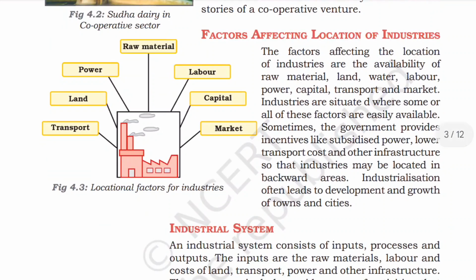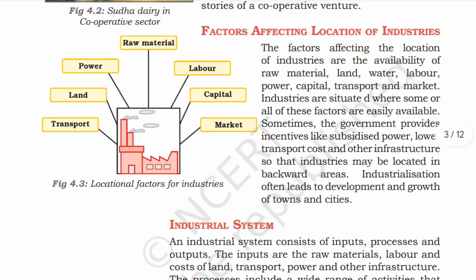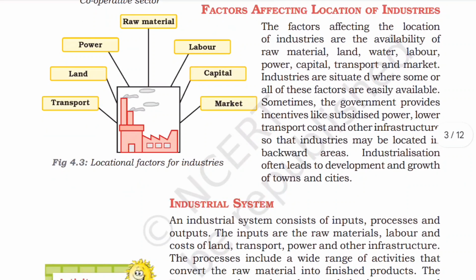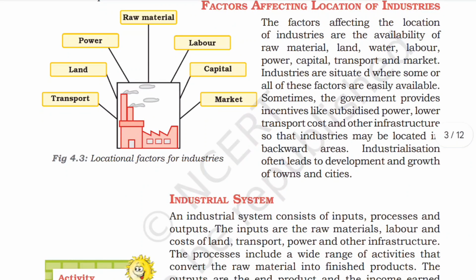Factors affecting location of industry. The factors affecting the location of industries are the availability of raw material, land, water, labor, capital, power, transport, and market. Industries are situated where some or all of these factors are easily available. Sometimes the government provides incentives like subsidized power, lower transport cost, and other infrastructure so that the industry may be